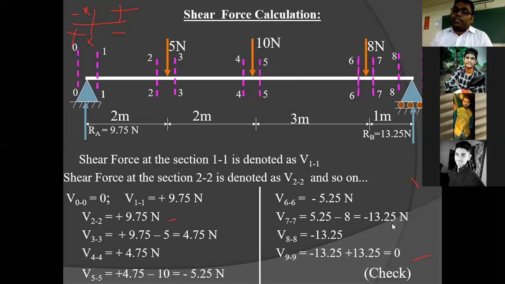तो फिर माइनस कर देंगे तो -13.25। सिमिलरली आप V8 में जाएंगे, V8 में भी वही कोई लोड नहीं है, फिर V9 में जाएंगे तो अब क्या हो जाएगा, ये पॉजिटिव, ये नीचे से देखो ये वाला एक पॉजिटिव है। इसके कॉरेस्पॉन्डिंग ऊपर से लगने वाला पहले से नेगेटिव था, इसके इधर से पॉजिटिव हो जाएगा तो वो 0 हो जाएगा। इसका मतलब यहाँ पर शेयर फोर्स की वैल्यू एट द एंड, जब एंड पे पहुंचेगा कॉर्नर पे तो 0, इधर इस साइड, इधर 9 पे और 0 सपोर्ट पे, सपोर्ट से पहले, इधर सपोर्ट के बाद, ठीक है। तो ये तरीका है डायरेक्ट शेयर फोर्स निकालने का।